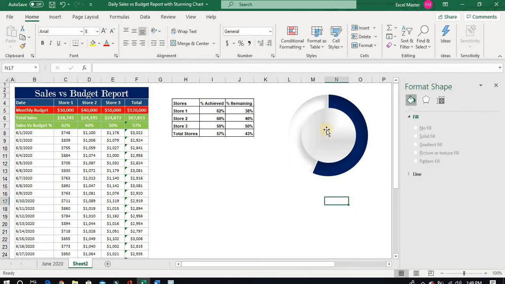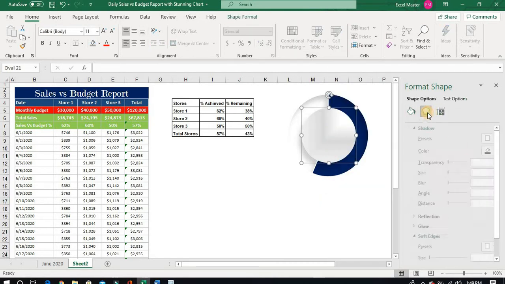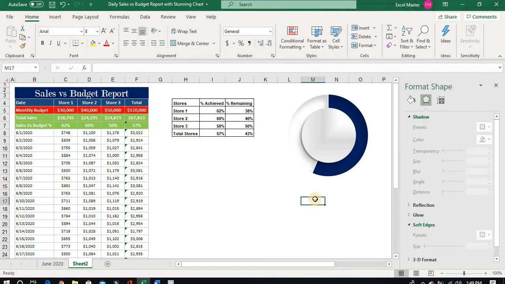Now it looks more beautiful, and right click the format shape. We will go to the effects. In the presets we will change to the bottom left effects, so it will have some shadow effect.